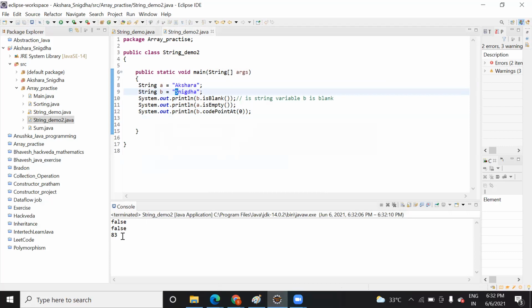As I explained yesterday, what is Unicode? Can you tell me what is Unicode? Unicode is zeros and ones. Yeah, but I have shown you the table. Unicode is not only 0 and 1. There are a lot of values, like an ASCII table. Do you know the ASCII value, right? Yes, sir. So it is not 0 and 1 only. There are a lot of values.